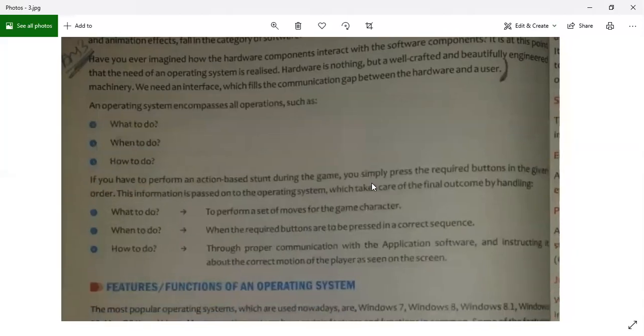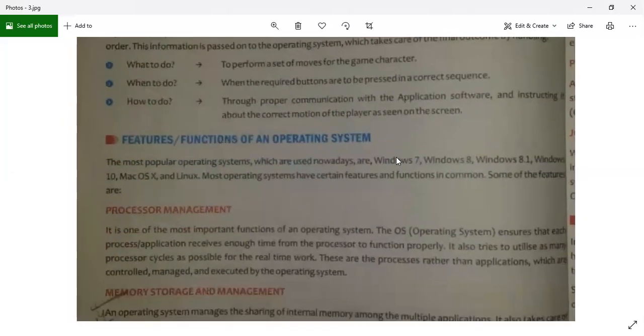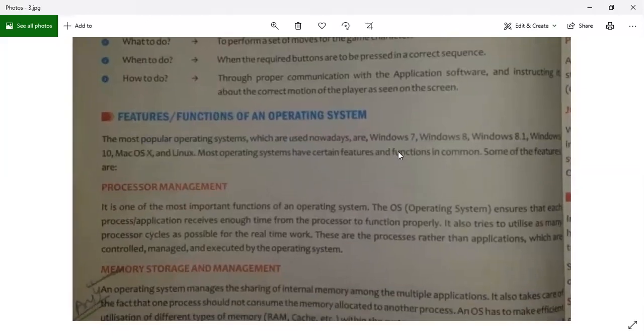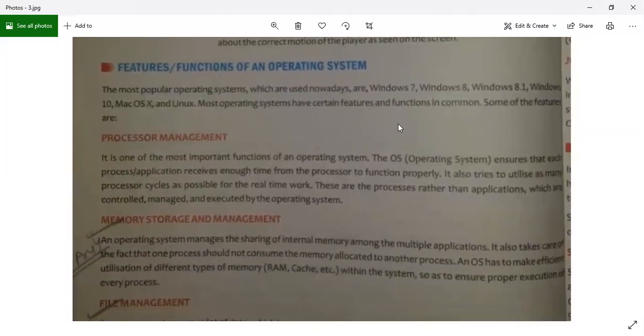Whatever is written here, let me try to explain it to you in my own words. Let's say I am playing a game on my mobile phone or on the PlayStation. So whenever I want to make my character jump on the screen, or make a punch to the opponent, or do any other thing, I will press the button on the joystick or the game controller or the remote that I have. Once I press the button, my button instruction will go to the operating system, and from the operating system it will go to the game. That is how the communication will happen. So how does my game change when I press the button? My button talks to the operating system and the operating system talks to the game.